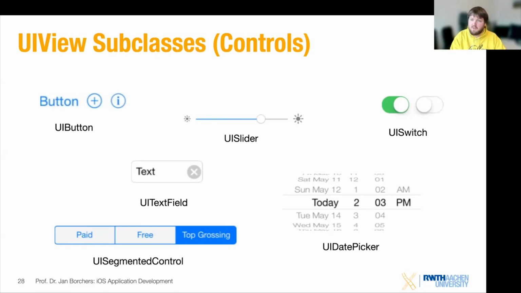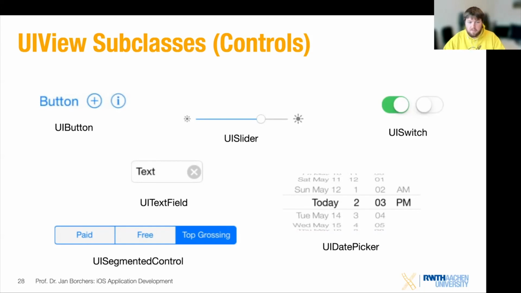Here, for example, the value that you set, and if you set it by code, it will automatically also represent that in the slider that you have in your interface. UISwitch for Boolean terms, whether it's in an on state or an off state. UITextView or text field to input text in different text input areas. Segmented controls for a set of different elements that you can choose from.